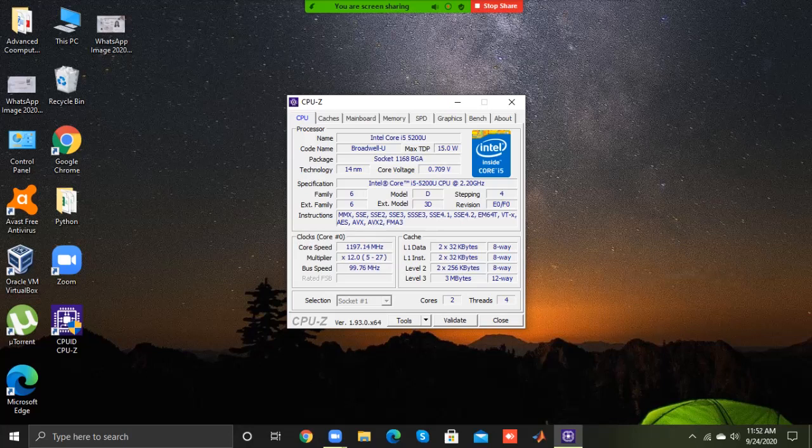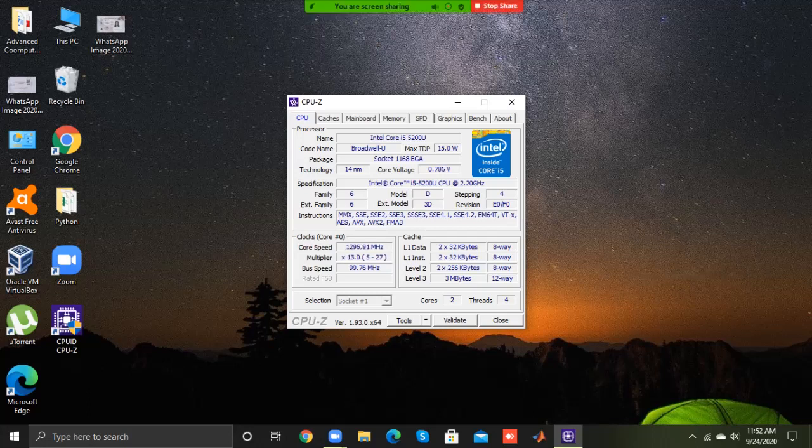Clock shows the core information of one of the processor cores. All cores are identical. Under the clock tab, core speed is the frequency that a processor is running at. Modern computers give speed rate in gigahertz, not in megahertz. 1000 megahertz is equal to 1 gigahertz. Multiplier and bus speed: the processor speed is determined by taking the speed of the CPU bus and then multiplying it by the multiplier.